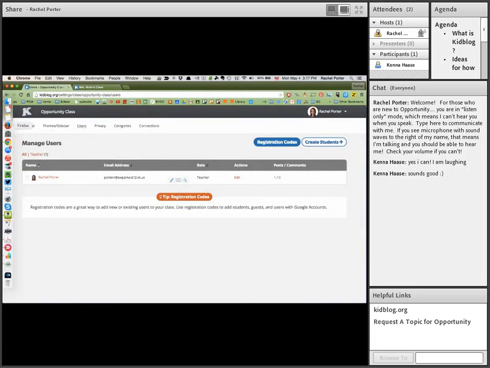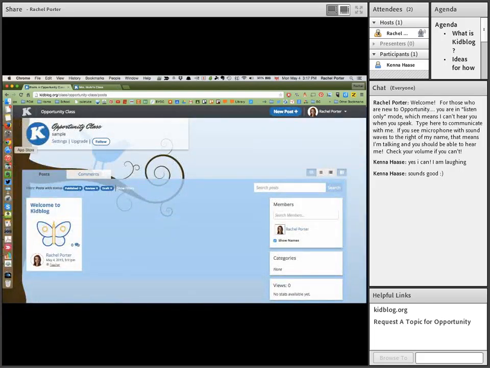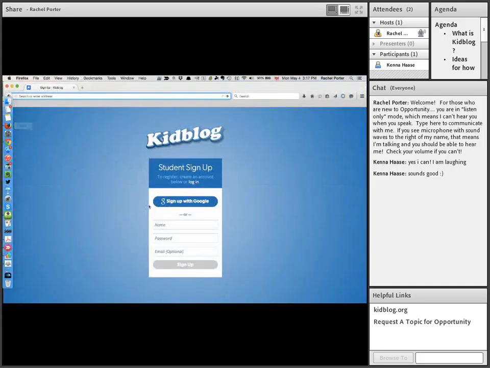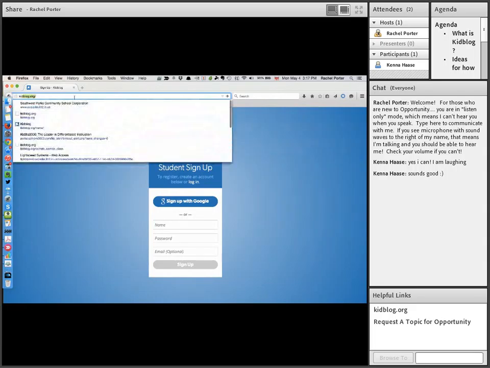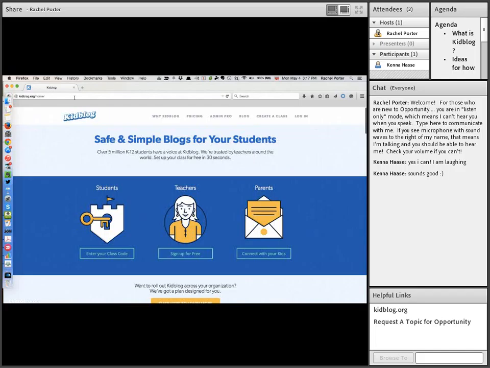So I'm going to switch over to a different browser so that I can show you how that's going to work. So let me go over here to Firefox, and I'm just going to go to the main page, kidblog.org. Okay, so just to recap, you as the teacher, you have set up the class and you have enabled the registration code, and you have made a note of what that code is. So now you're going to send the students to